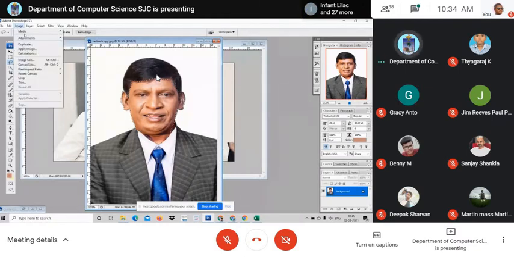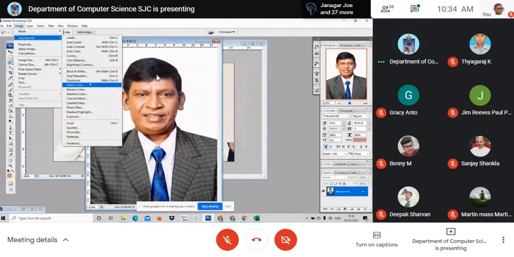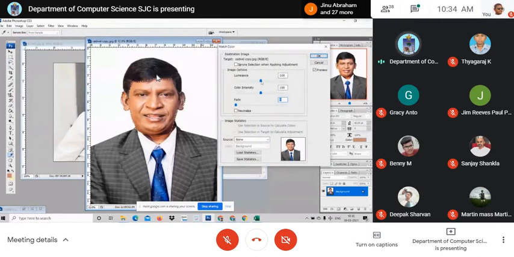I've chosen it. Adjustments. Match color. See the brightness. Immediately, brightness can be increased with the same tone without spoiling the picture, without increasing the contrast.